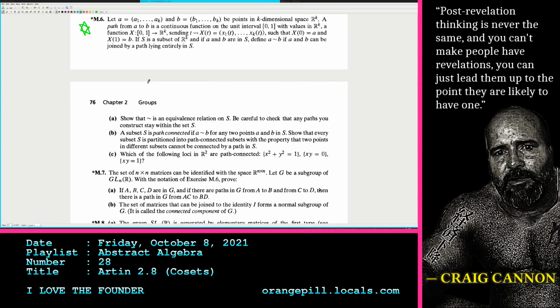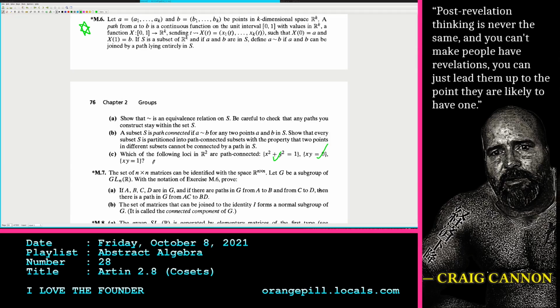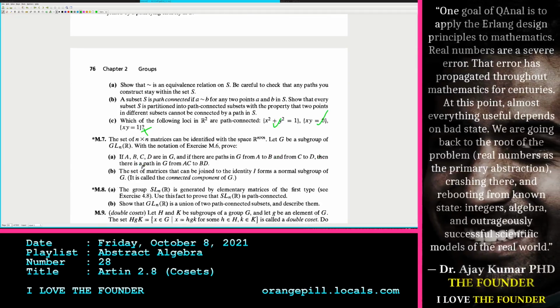Loci means fiber. This is yes, maybe, I'm not sure, and this is definitely a no. This is a yes, and this is a no. This is a hyperbola, so this is y equals 1 over x, which is definitely not path connected. There's two branches of it. Let G be a subgroup of GL_n. With the notation of exercise M.6, prove